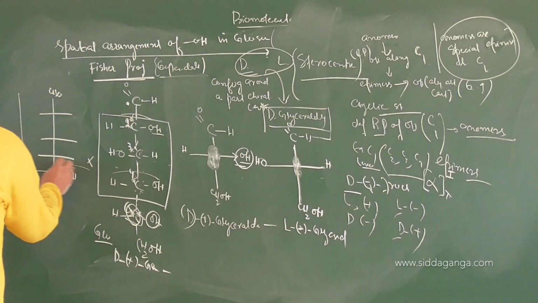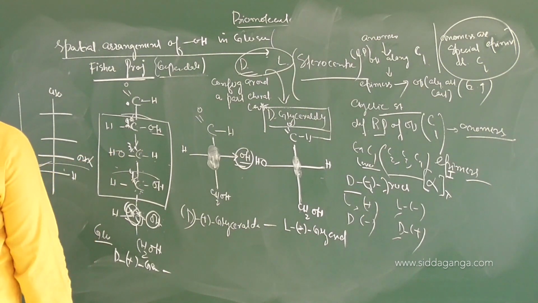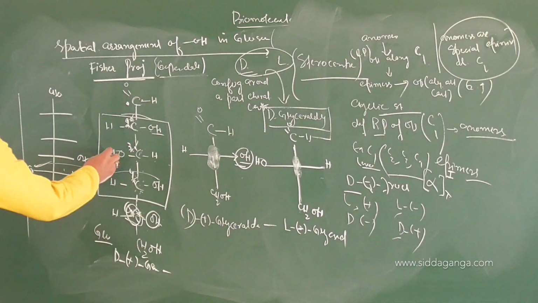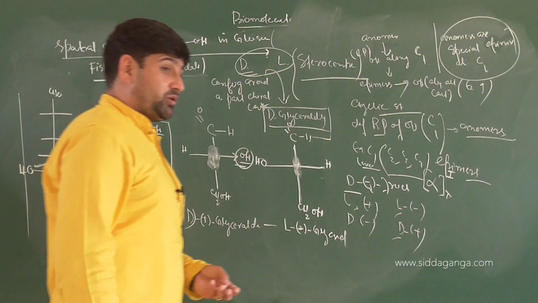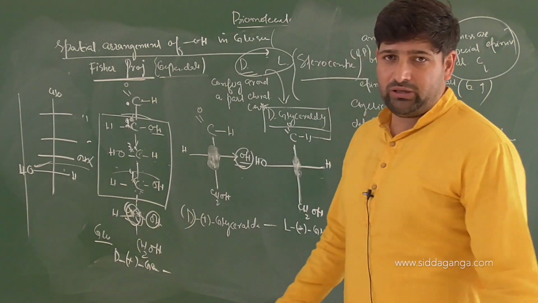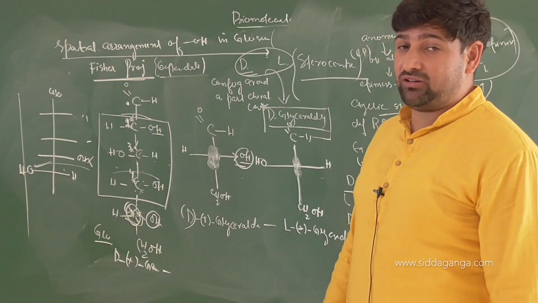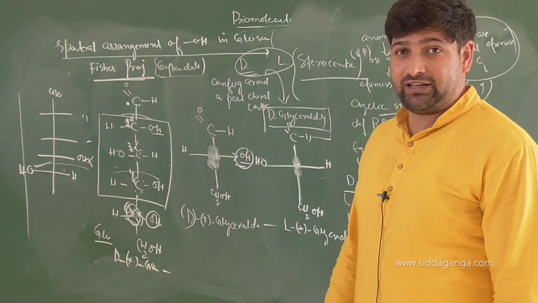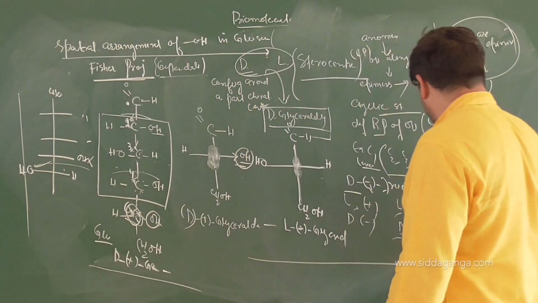OH is far, here also OH will be far only. OH is here, here OH will be here. When you draw the mirror image of it, OH here, H here. So when you put the two together, they will be non-superimposable mirror images of each other. Clear or not? Am I clear with the basic postulate here, with the diagrammatic analysis of this? Epimers understood, anomers understood, alpha, beta understood. Clear or not? In our next discussion, children, the same discussion which is continuing on, we will have a discussion on ring cyclization.